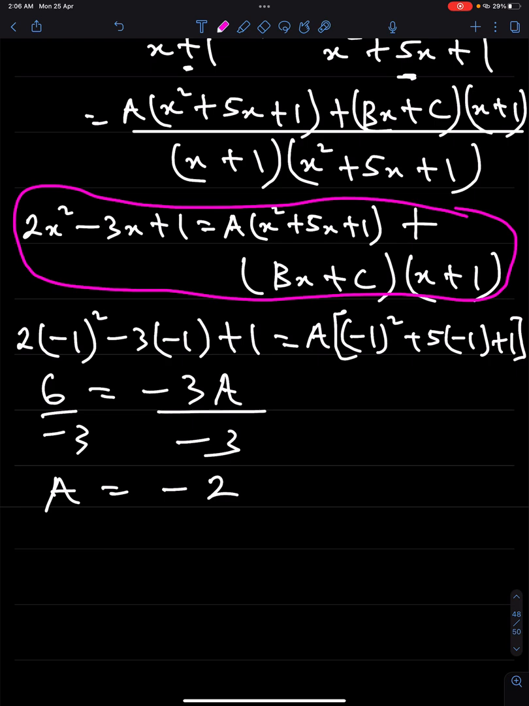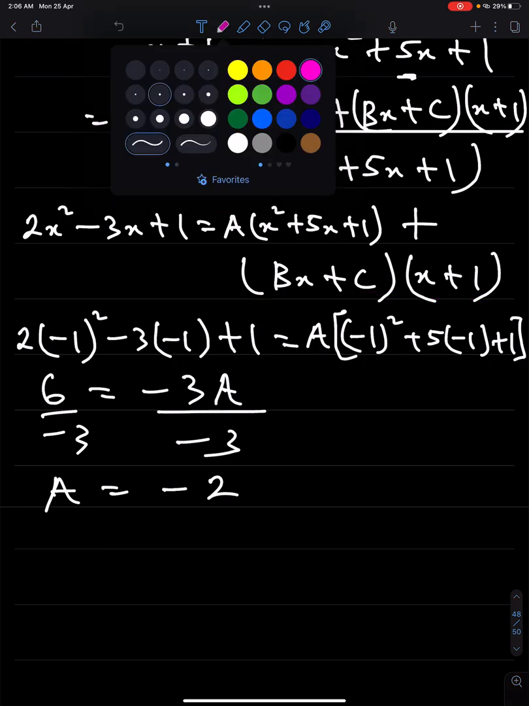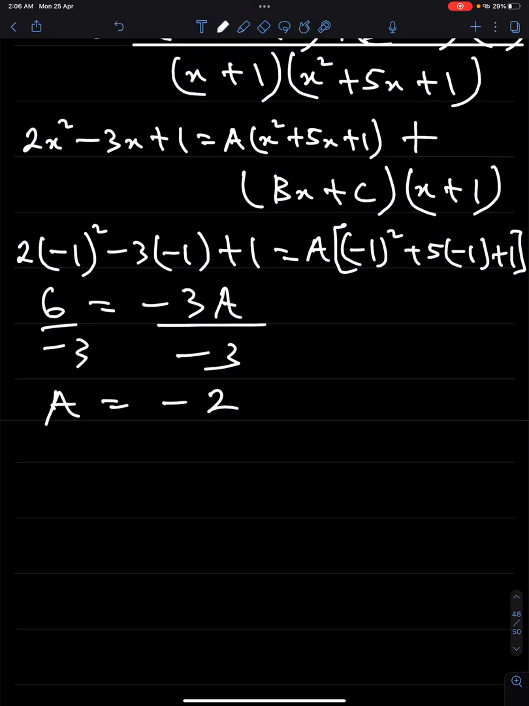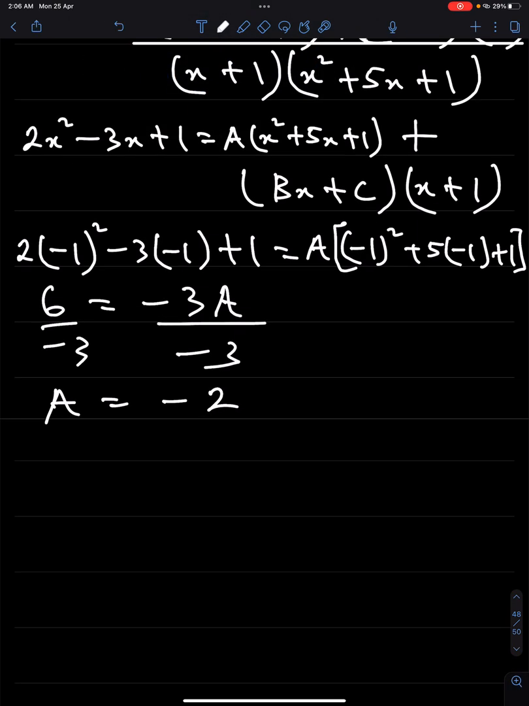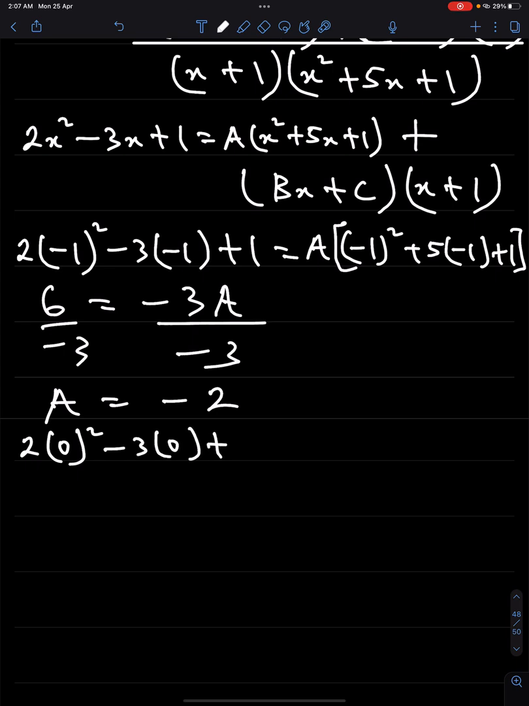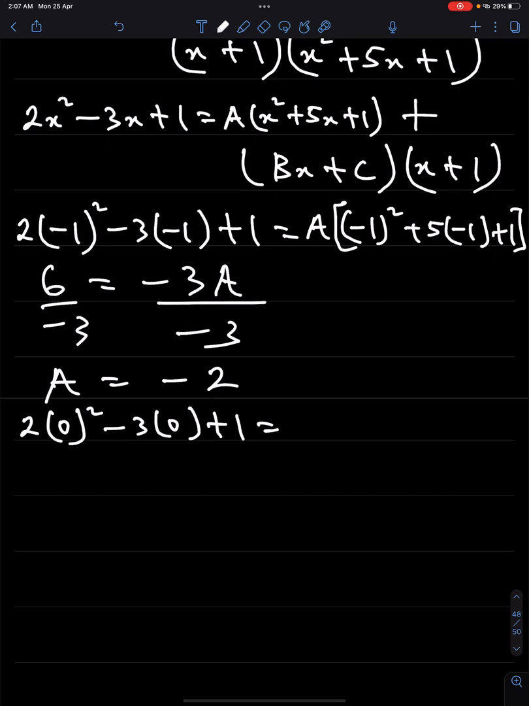You can put the value you have already got and make the equation. You can put the value you have already got and then think of a way to solve for the unknowns. So that's what I'm going to do here. I want to put x equals 0 in the identity, just to simplify it. So 2 times 0 squared minus 3 times 0 plus 1, that's what I'm going to have on the left hand side, equals a into bracket 0 squared plus 5 times 0 plus 1